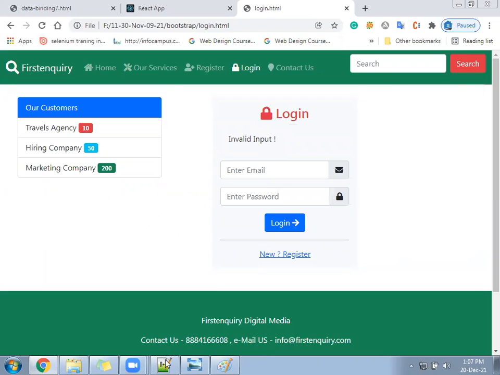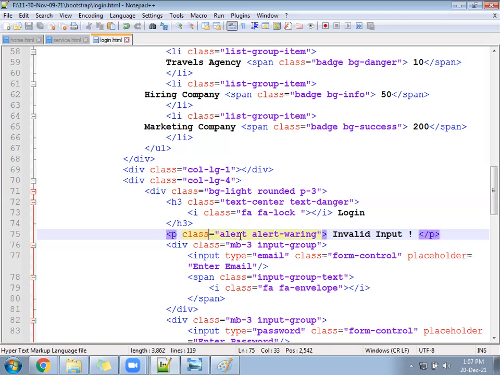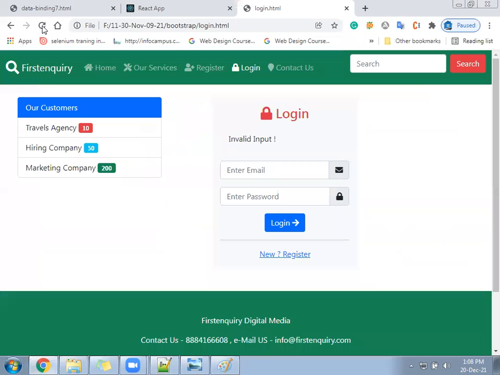But the message color is not clear. Warning is not very visible, so you can put something like danger.